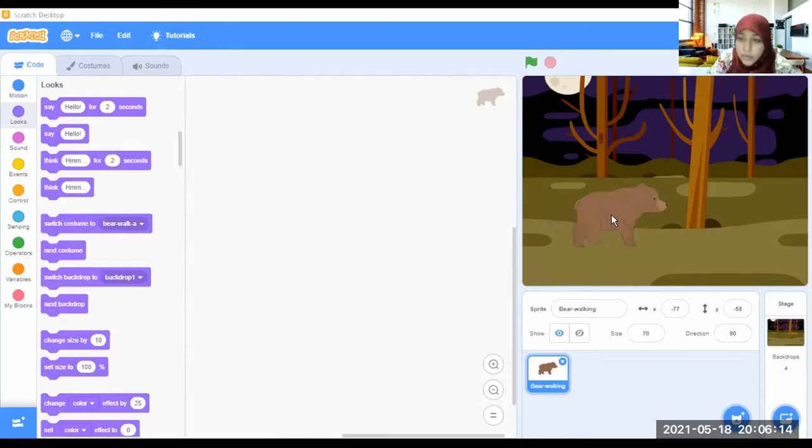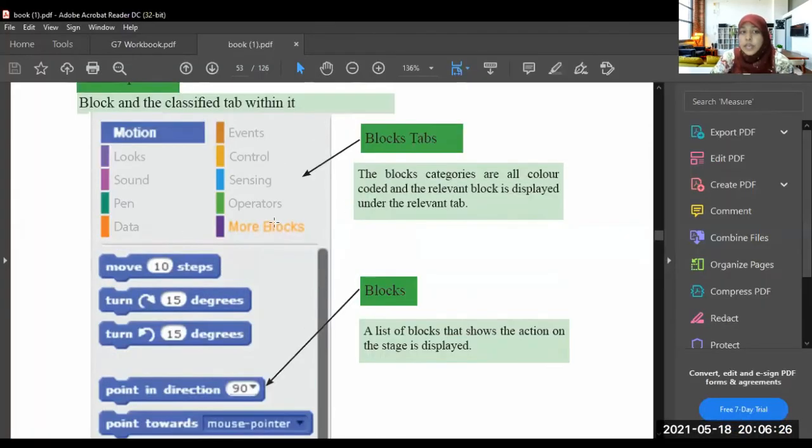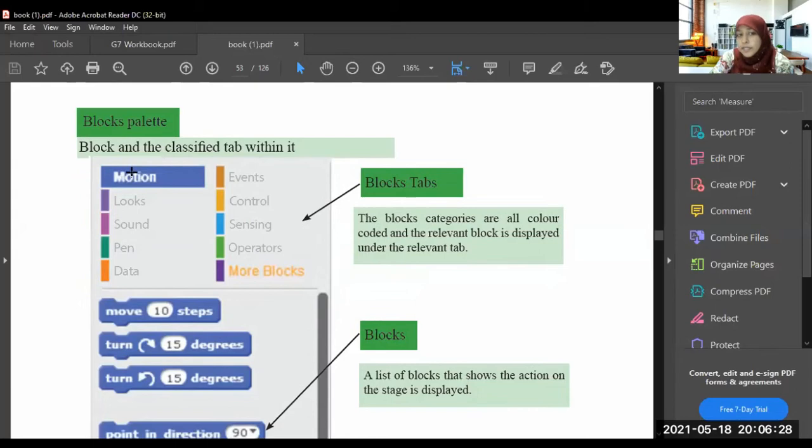Right. Now let's see what these block tabs mean. Okay, now for an example, here, see, these are block tabs. Why are we using these block tabs? The block categories are all color coded and the relevant blocks are displayed under the relevant tab.